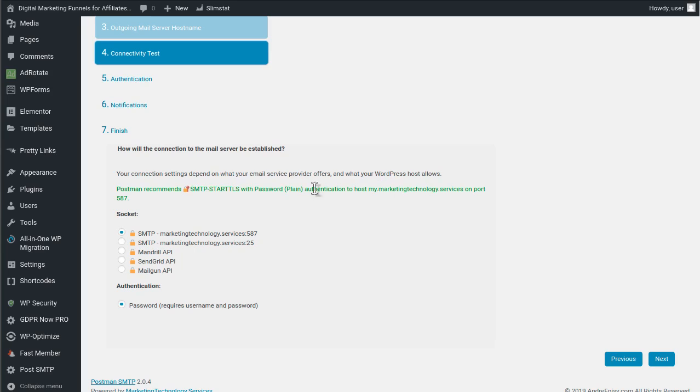Correct. So now it has connected, as you will see, and it's going to tell me which is the best to use in such a case, right? Okay, so here it's checked that my SMTP socket is fine, and it's on my marketing technology services. It's on port 587. But it would also suggest that you can use